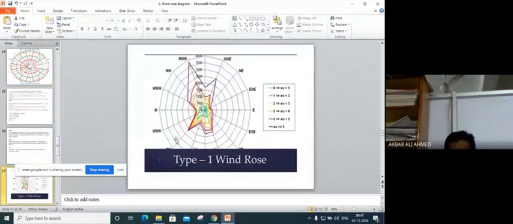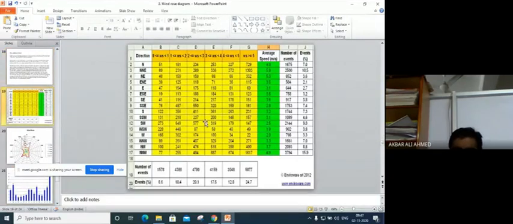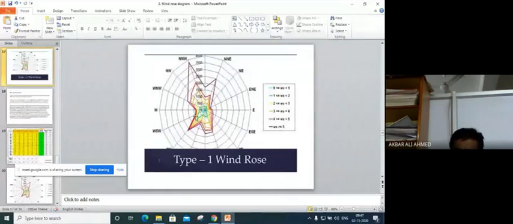So the type 1 Windrose diagram in real life, after they calculate it, looks like this, and it resembles a rose. Type 1, we are not taking type 2. I have taken this one from the internet, to show how it looks in real life after it has been calculated by the concerned department. They have plotted the type 1 Windrose diagram in Excel. We are calculating only for one column, so I am getting only one closed loop, but they are calculating for different columns, so they are getting different results.